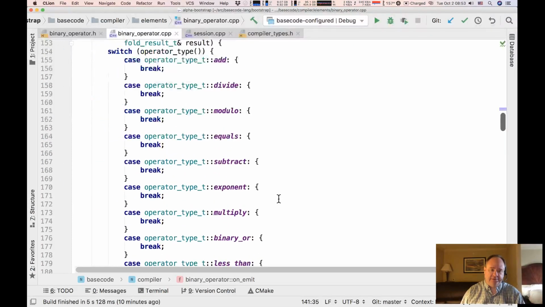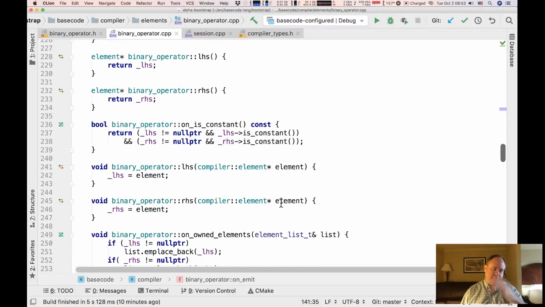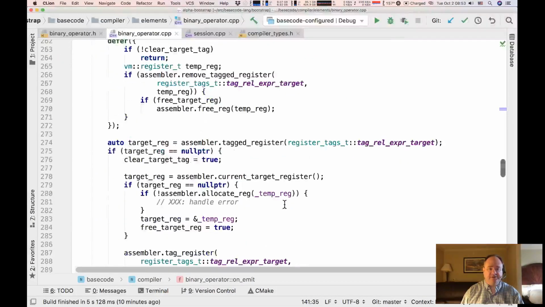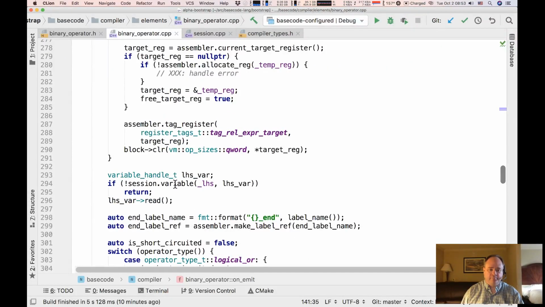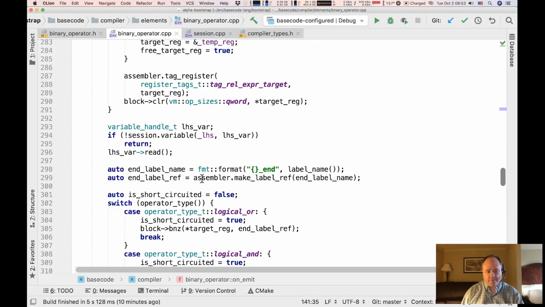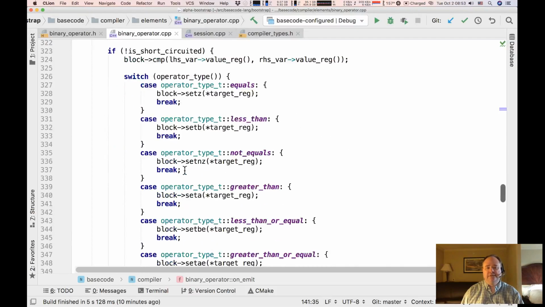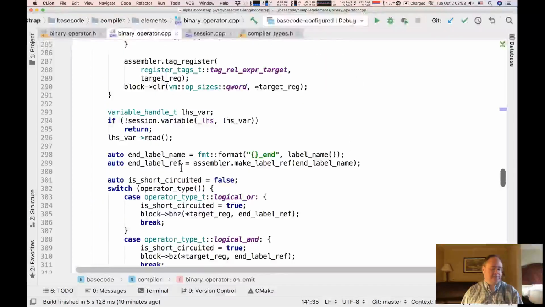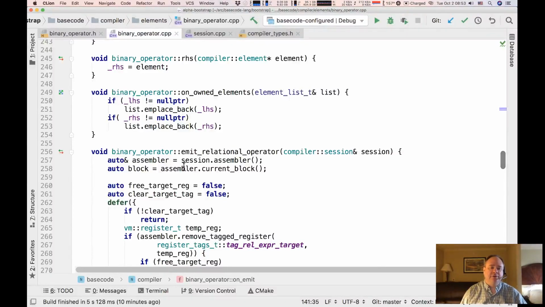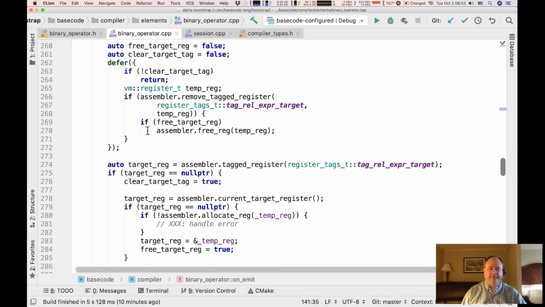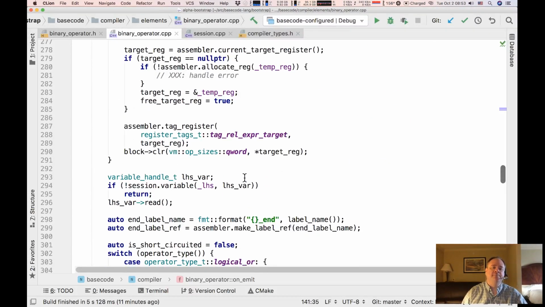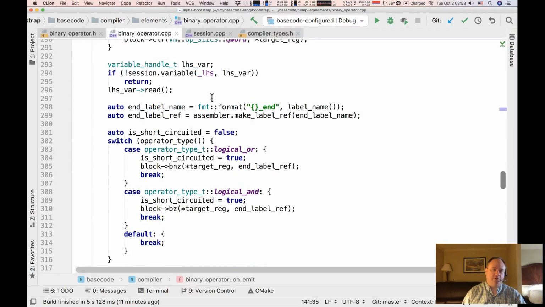Much more consistent. And then of course I went through everywhere where I was doing stuff like this. So here we get the left-hand side, we read it. Here we get the right-hand side, we read it. Now there's a second pass here that I haven't done yet, and that is temporaries. I have this concept of a target register, and then there's cases where we need special temporary registers from the assembler. Those are still working the way they've always worked, but